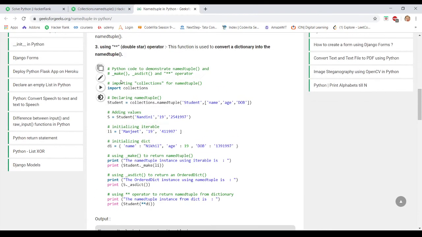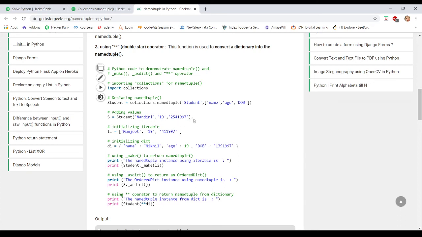Here I am showing one of the examples from GeeksforGeeks. Here they used collections.namedtuple for this example. Student of name, age, date of birth; that is, Student('Nandini', 19, '25/4/1997'). Student Nandini's age is 19 and date of birth is 25/4/1997.